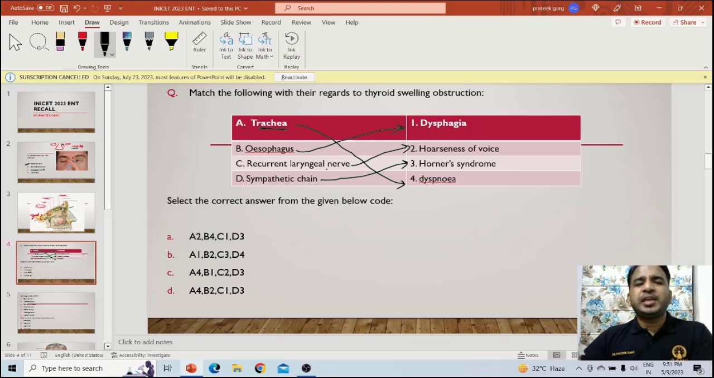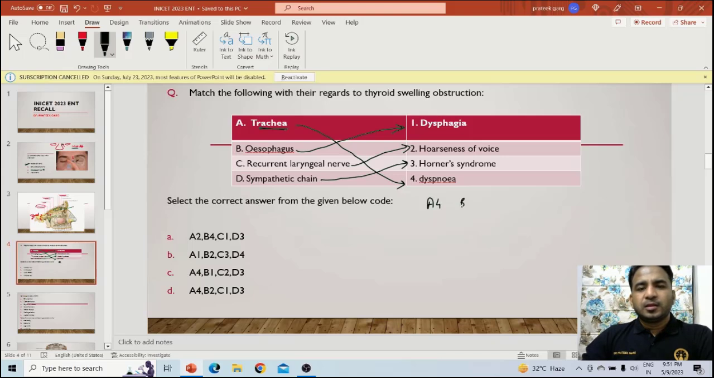Nothing to worry about it. It's very easy. If trachea is compressed, there will be dyspnea. If esophagus is compressed, there will be dysphagia. RLN damage, there will be hoarseness of voice. Sympathetic chain damage may lead to Horner syndrome. Horner syndrome includes miosis, ptosis, anhidrosis, like that. So, what is the correct sequence? Correct sequence is